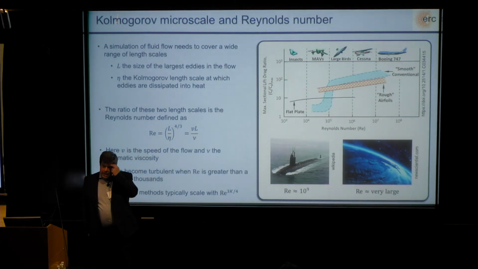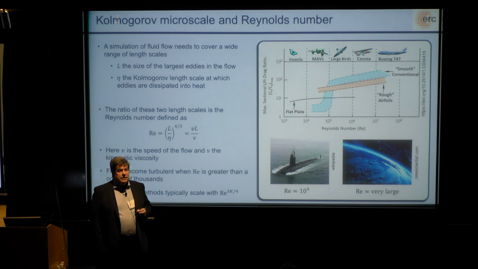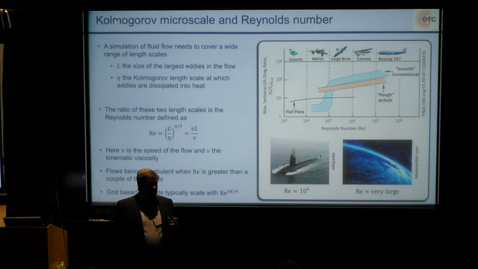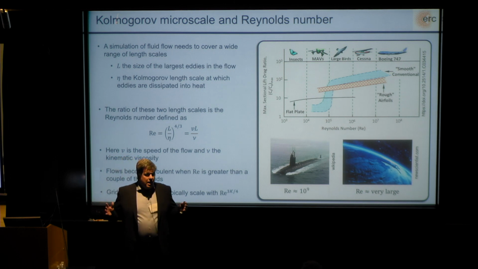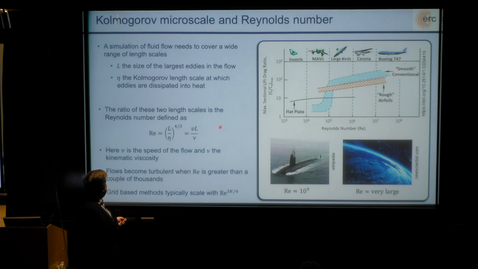The first challenge that I would like to discuss in solving these types of problems is related to the length scales that you have to cover. If you look at these equations and ask what kind of grid I need, it turns out that there are 2 length scales that are relevant here. One is the length scale L, basically of the whole system that you want to analyze. And the other one is the so-called Kolmogorov length scale eta, the length scale at which eddies are